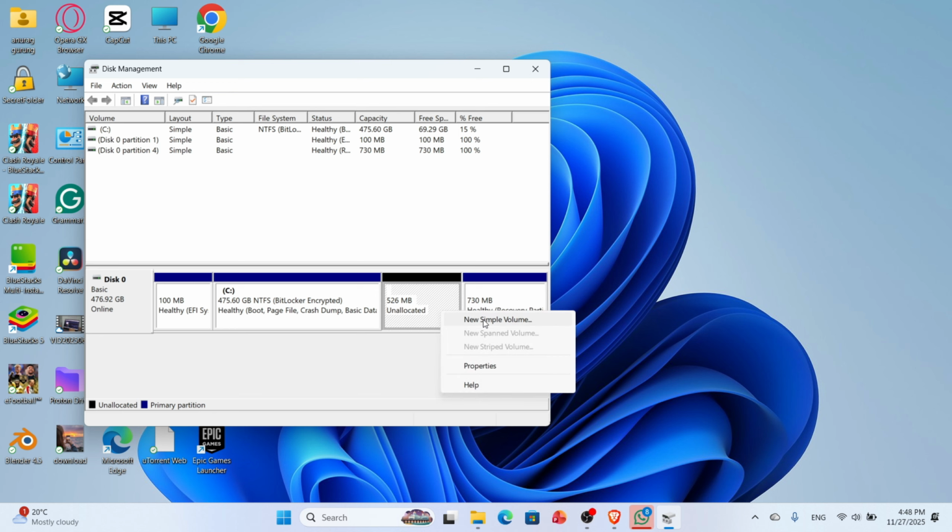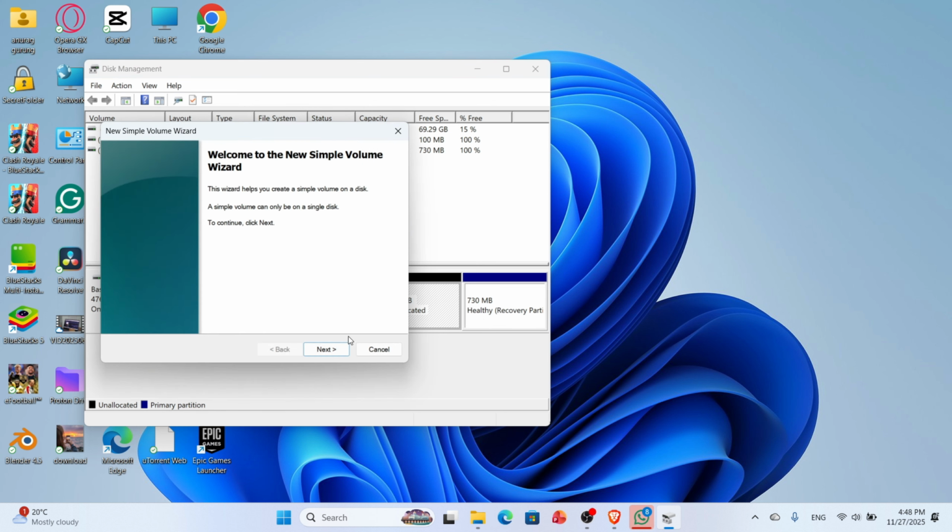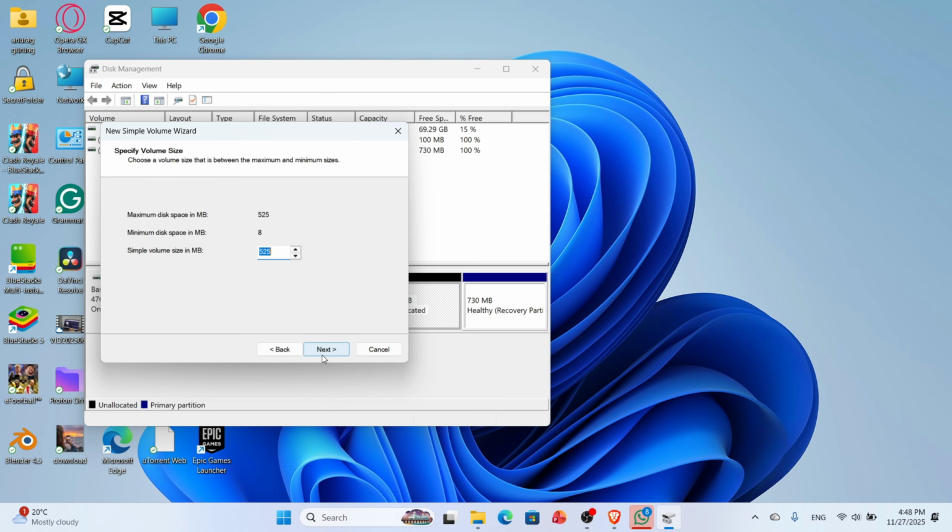new simple volume. And after that, on the pop-up menu, you simply have to click on next, and there you simply have to enter the size for the new partition. If you want, you can create multiple partitions and leave some space unallocated, and after that you can simply click on next. And after that, you simply have to choose a drive letter, and after that you can simply click on